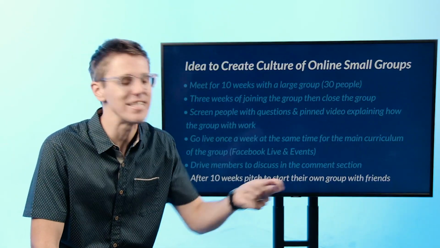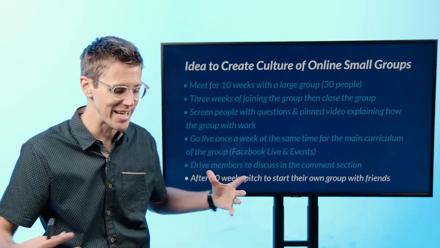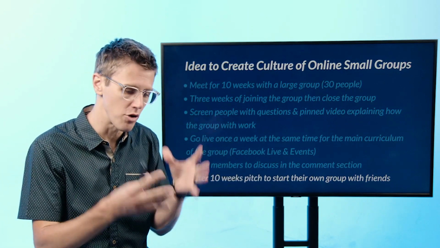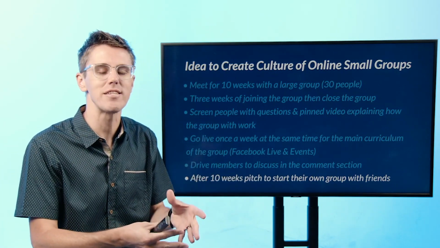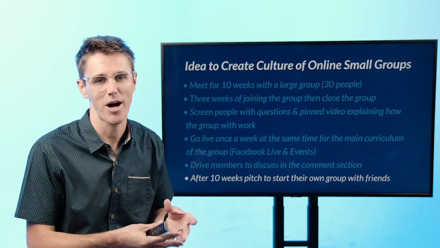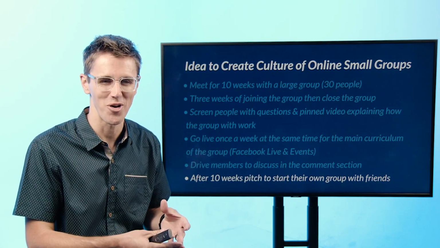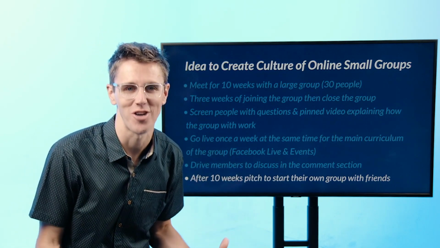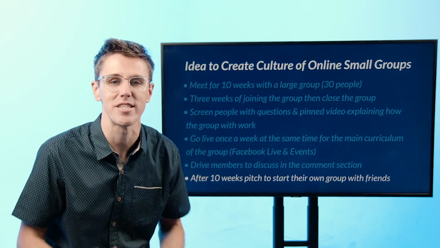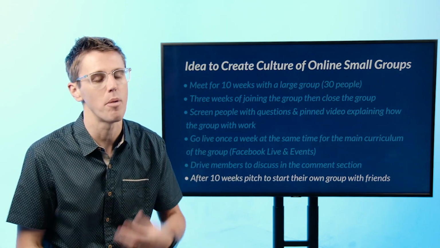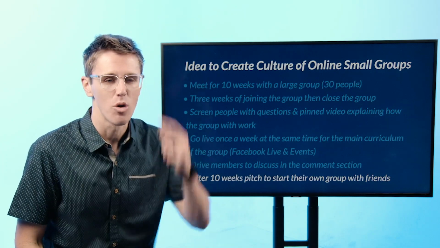And this is an idea that you can do. Again, it takes a lot of involvement on your end early on, but what's crazy is that we did this years ago at Saddleback. We would lead the early online small groups, and now we have over 1,000 online small groups because the culture exists. People see that it's possible, but people don't understand what's possible when it's a new thought.